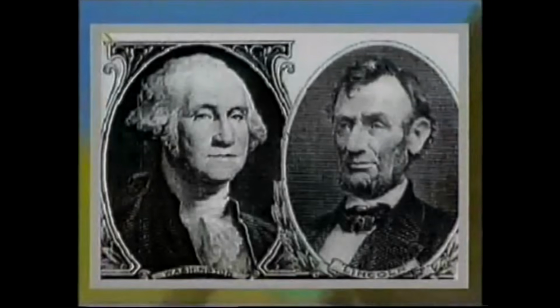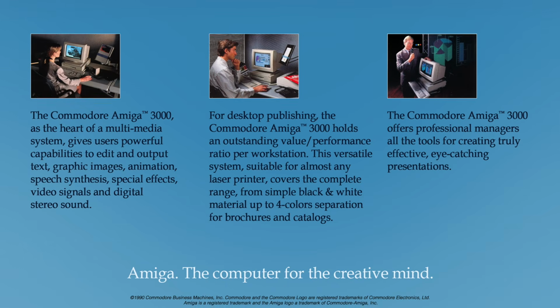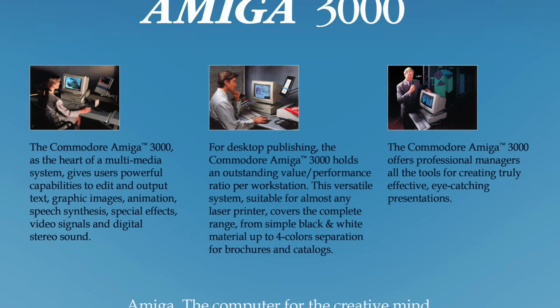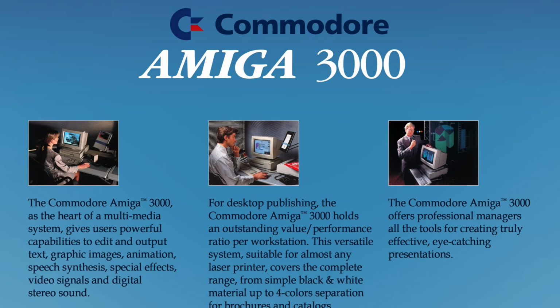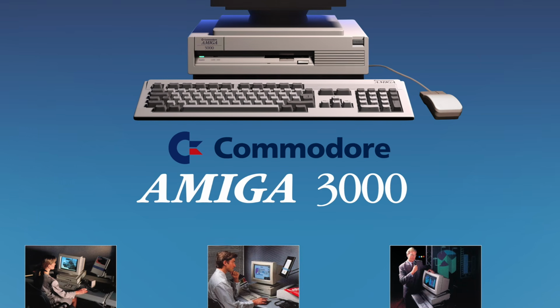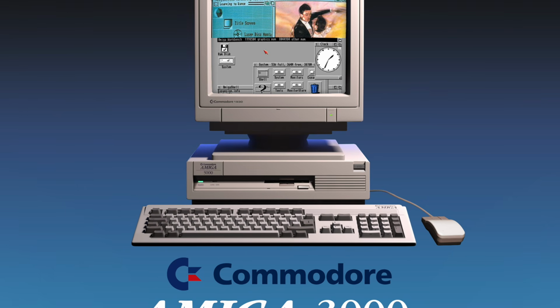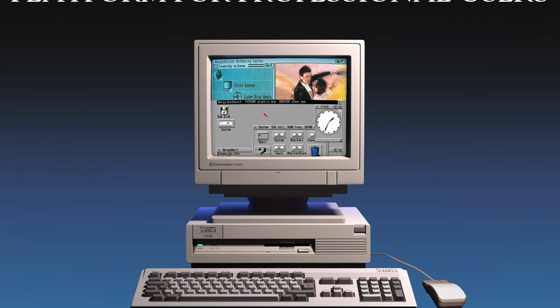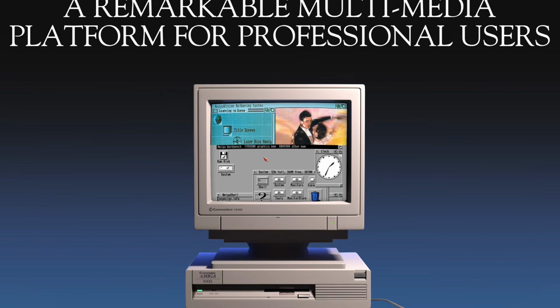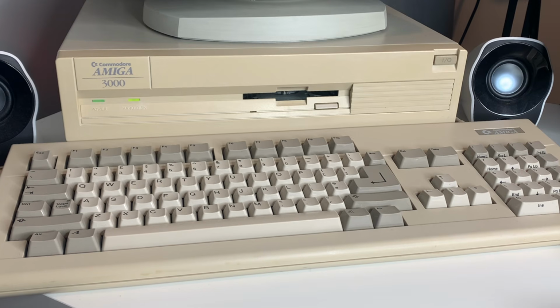But the Amiga 3000, released in June of 1990, saw the biggest changes in the Amiga architecture to date. The entire system was reimagined as a high-end workstation, with the 7 MHz 68K processor of previous Amigas being replaced with the Motorola 68030 CPU running at a blazing fast 16 or 25 MHz. The machine also had 32-bit system memory, onboard SCSI, a scan doubler and flicker fixer which allowed the system to output onto a standard PC monitor, and the machine was contained in a beautiful pizza box design that resembled high-end